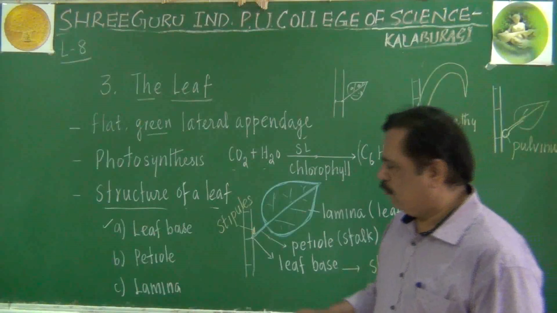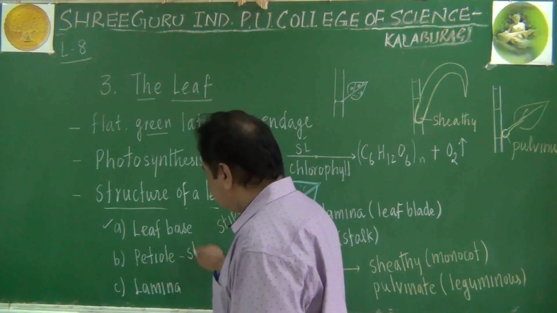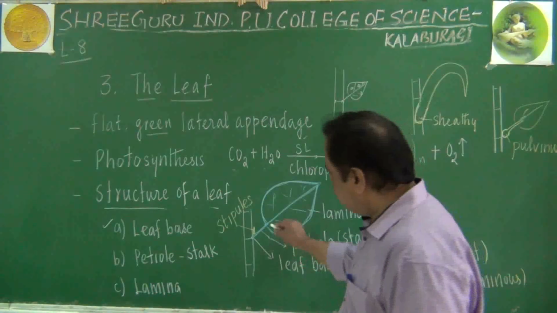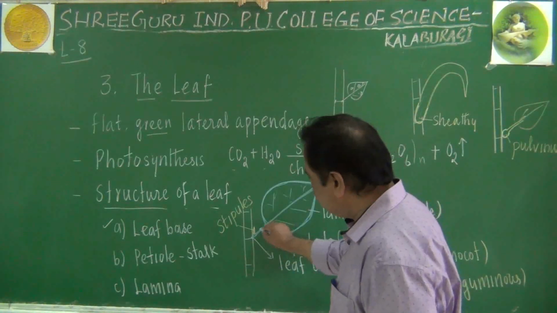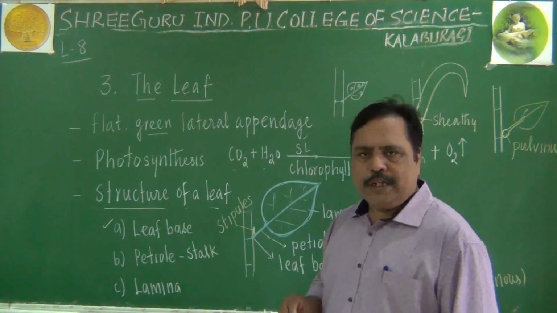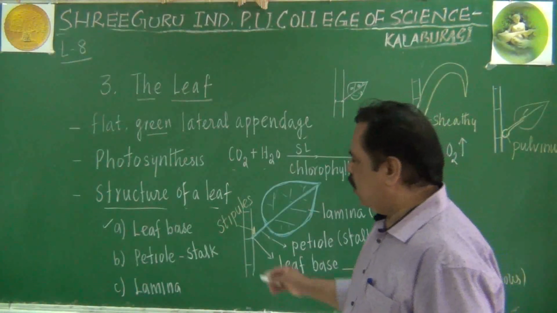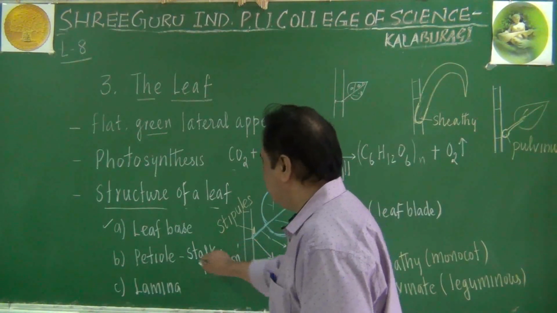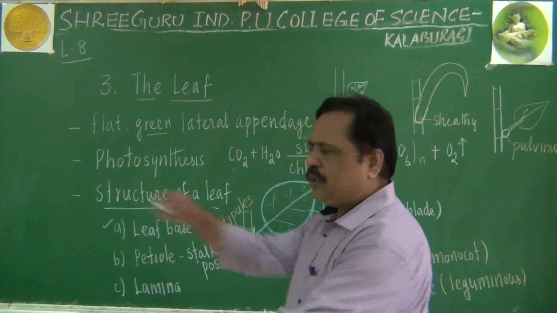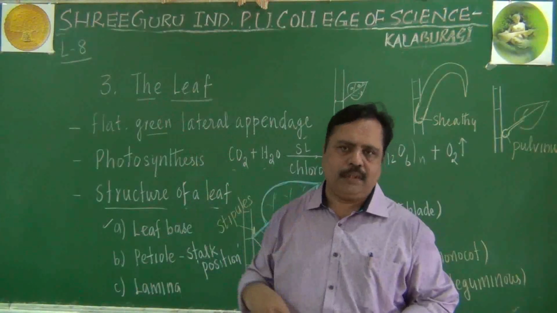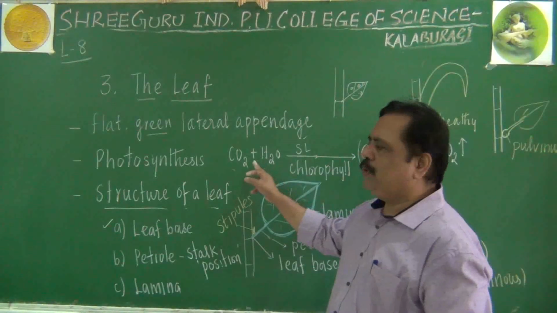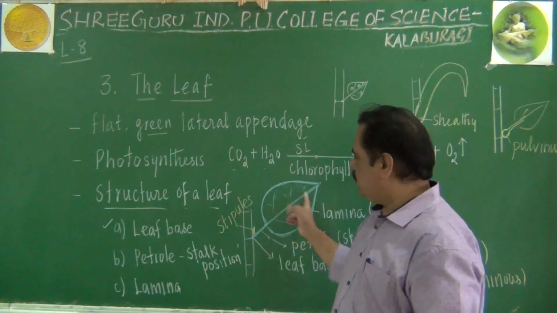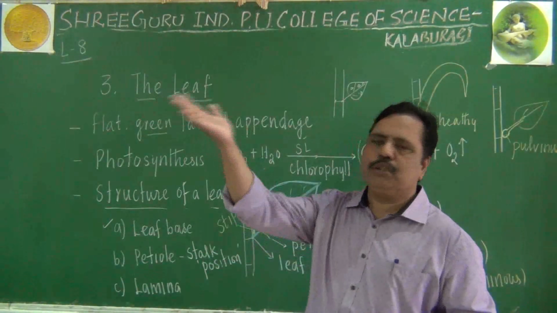Let me come to the petiole. Petiole refers to the stalk of the leaf, remember. This stalk of the leaf, or this tube-like structure, is very important. Why? It will help in positioning the leaf on a stem. Positioning means the leaf must be exposed to sunlight. Otherwise, they will not be able to undergo photosynthesis. So for getting sunlight, the leaf or this broad lamina should be exposed to sunlight.